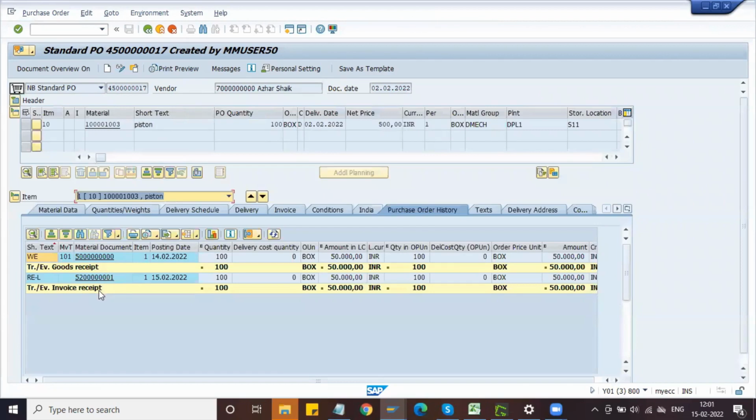See, the invoice receipt is also updated in the purchase order, for 100 bucks. Let us do